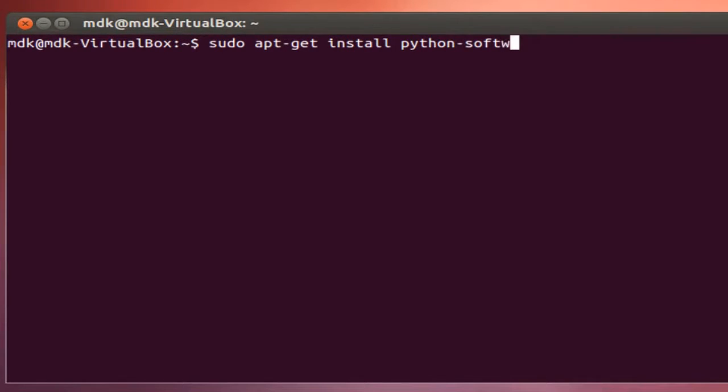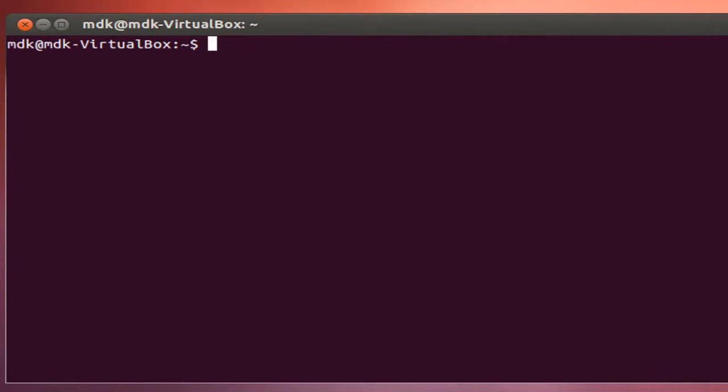You want to make sure that you have this installed before you proceed any further, because if you get any error messages from the add-apt-repository command, this is probably why, because you don't have this Python script installed. So sudo add-apt-repository,